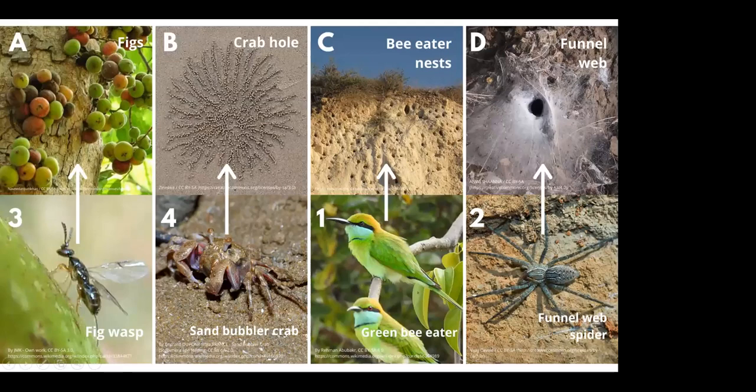And what a funnel web spider does is it finds a little hole, and then it lines it with its silk so that there's a deep hole, and the spider will wait inside that hole very, very quietly until an insect comes along and is curious, what's inside this hole? Let me go check. And as soon as the insect goes inside the hole, the spider jumps out, catches it,